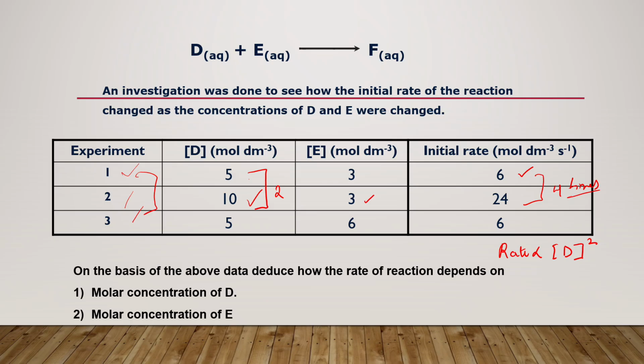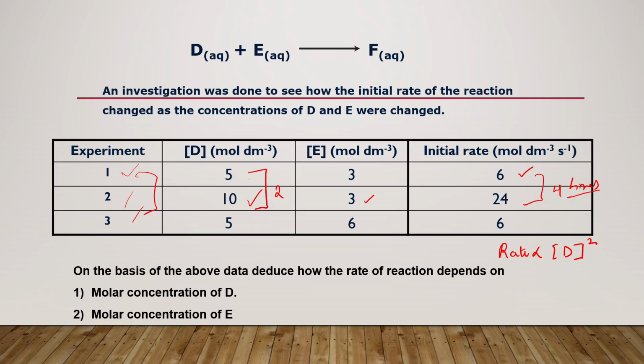If we increase the concentration by say 10 times, the new rate would become 100 times the original rate. Okay, so here you can say that the rate of this specific reaction is proportional to the molar concentration of D raised to the power 2. Now, if you compare experiment 1 and 3, you can perhaps also reach a conclusion,